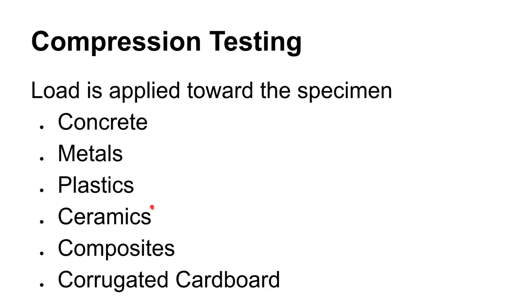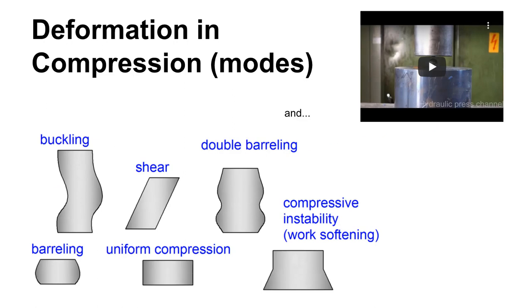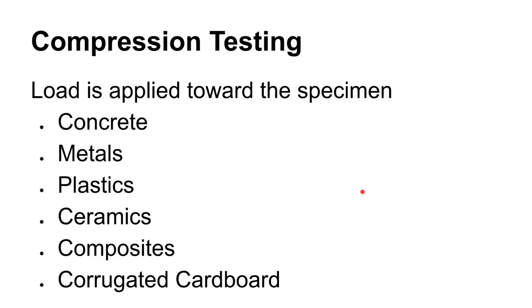So we're applying a force, a pushing force, a compressive force, and compression is more of a factor in certain applications than others. Okay, so you may have heard that concrete does very well in compression, but it does very poorly in tension, and that's why we use steel reinforced concrete and pre-stressed concrete, to get that concrete such that it's loaded in compression and not in tension. So even when you have a beam where it looks like the top or the bottom might be in tension, it is actually loaded such that it's always in compression.